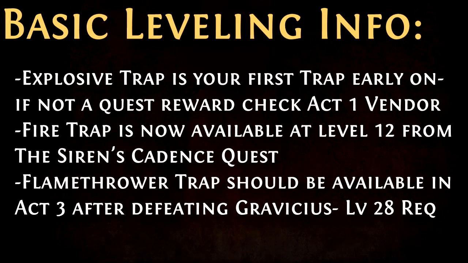While leveling, you get access to Explosive Trap very early on. Fire Trap will be available at level 12 from the Siren's Cadence quest. I'm assuming that Flamethrower Trap will be available from Act 3 by defeating Gravitius and requiring level 28. Be sure to pick up the required gems as you go and level them either on spare slots or on alternate weapons. In terms of DPS gearing, look for items that have fire damage, elemental damage, added fire damage, and